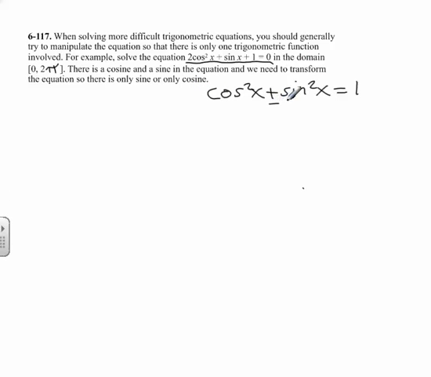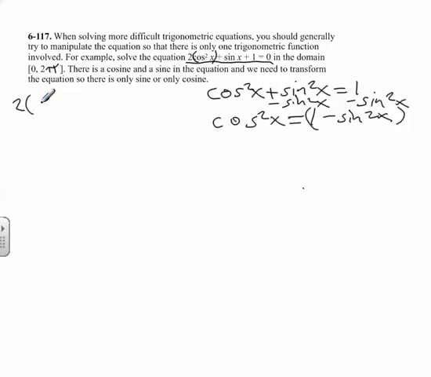So if we go ahead and subtract sine squared of x from both sides of the identity, we transform the identity to cosine squared of x equals 1 minus sine squared x. We are ready to substitute. So now let's rewrite, and in place of our cosine squared x, we'll place 1 minus sine squared x. So here we go. 2 times 1 minus sine squared x